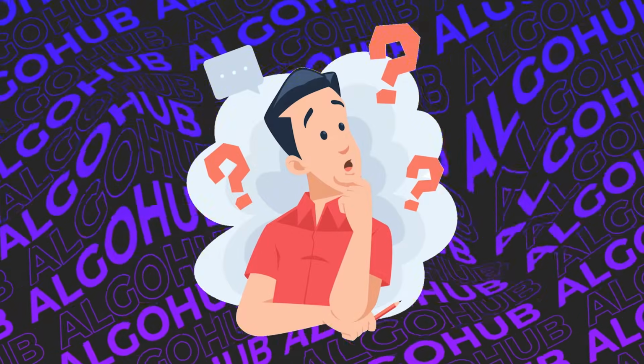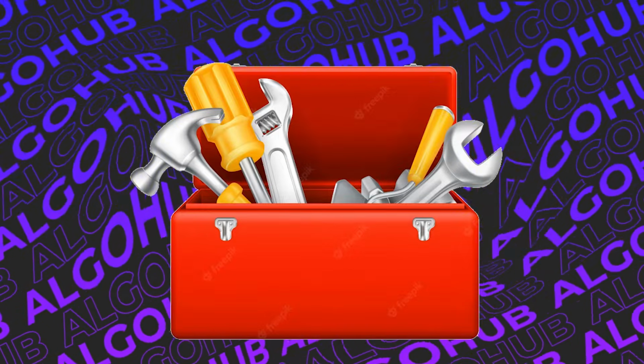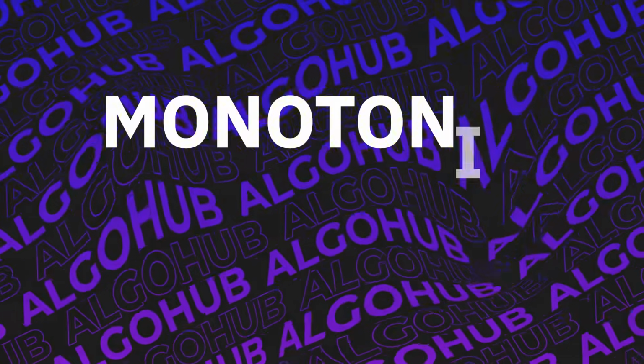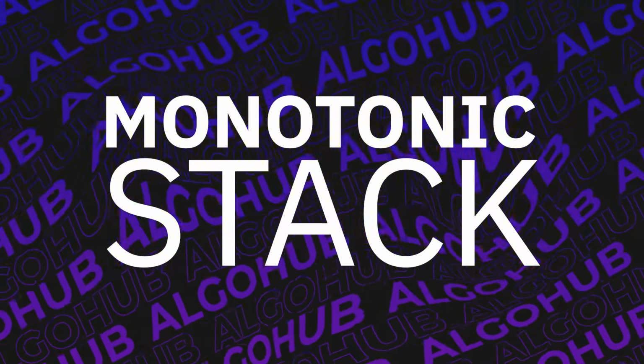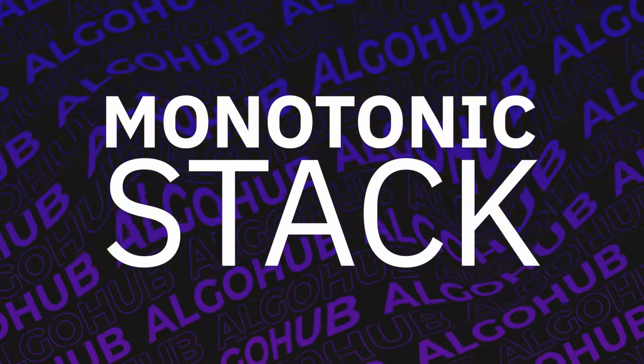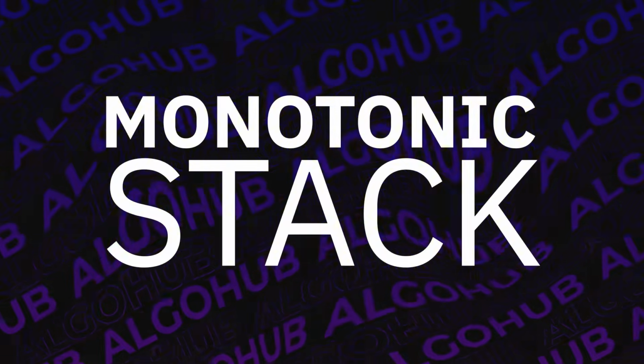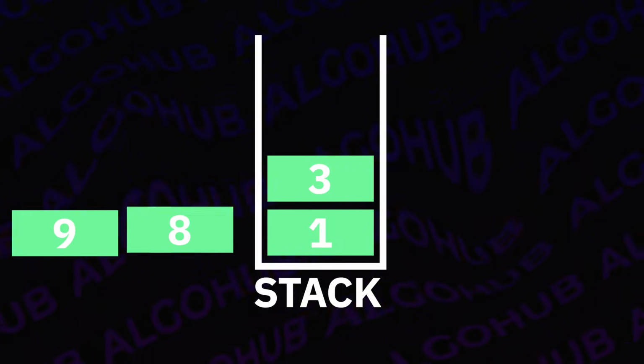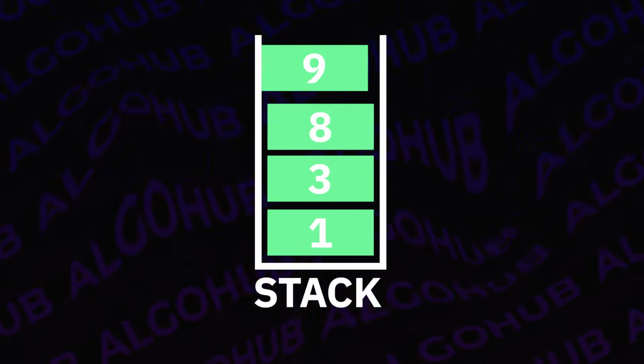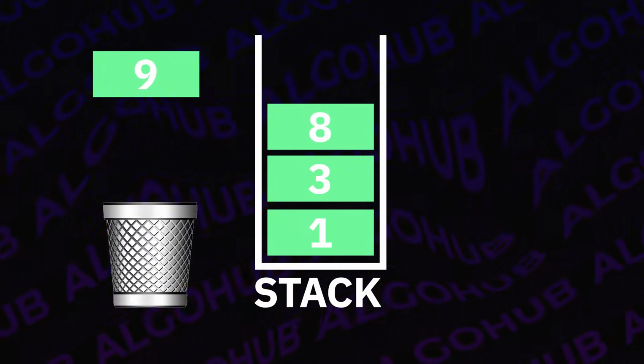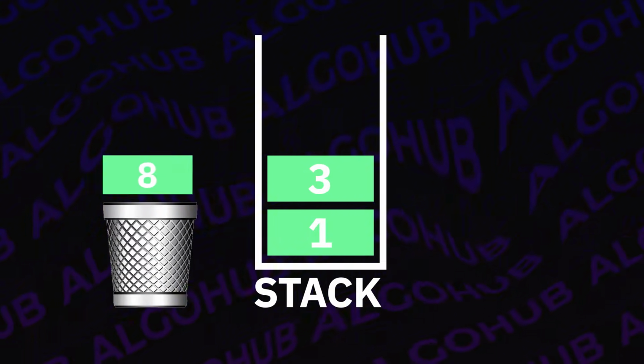Possibly one of the most confusing, yet useful ideas for problem solving in coding interviews is the monotonic stack. In this video, we're going to show you an example and summarize it, so make sure to stick to the end. The monotonic stack is, as you might have guessed, a stack, which uses some greedy logic to keep the elements in the stack orderly after each new element is put onto the stack.